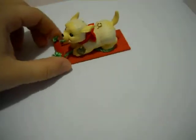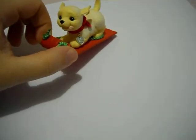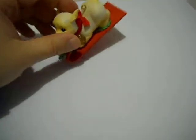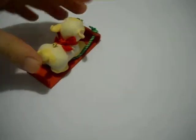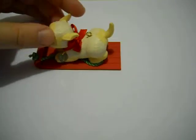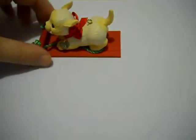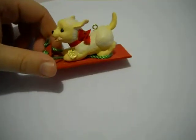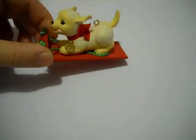Number 3 is a Golden Retriever on a sled. Cute little pose. Tongue's out. It's an action pose, so it's going down like that. It's okay. It's not one of my favorites. The coloring's kind of interesting. It's two-toned. The paler colors on top of the darker color. Yeah. Number 4 is a Poodle,